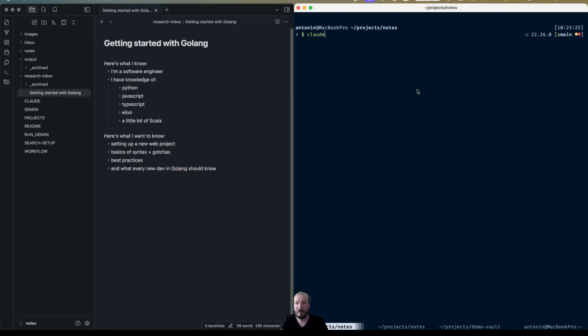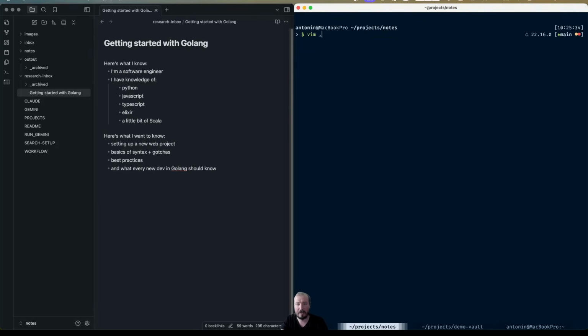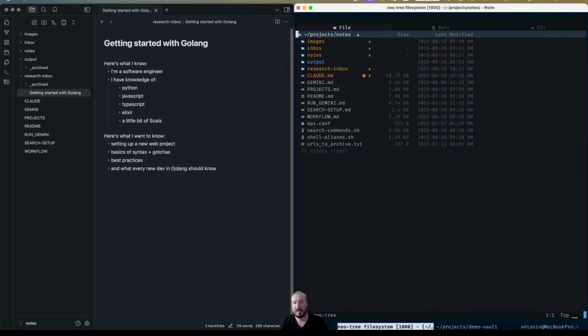I then fire up Claude in my notes repository. Like I said, I have a bunch of commands and stuff, so I can just tell it to research, and it'll do its job in the background. So while it's doing that, because I am not skipping around, I feel like it's kind of important to see